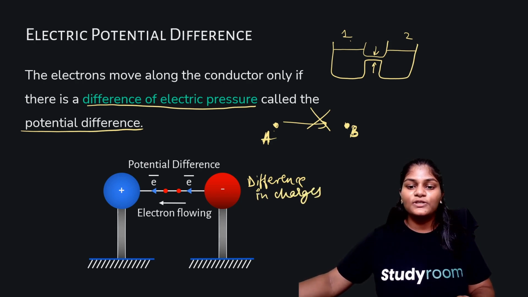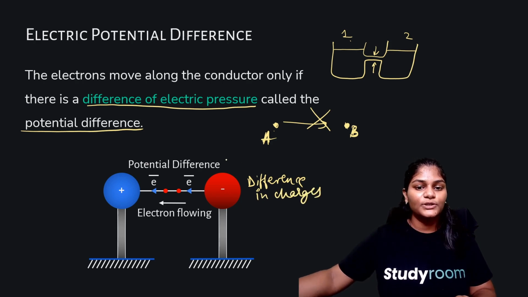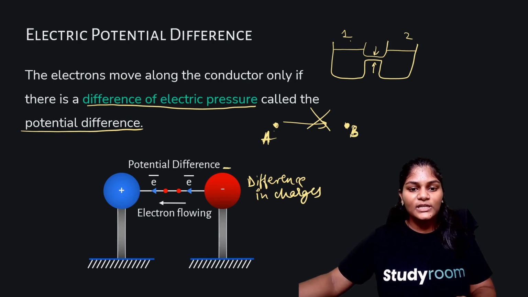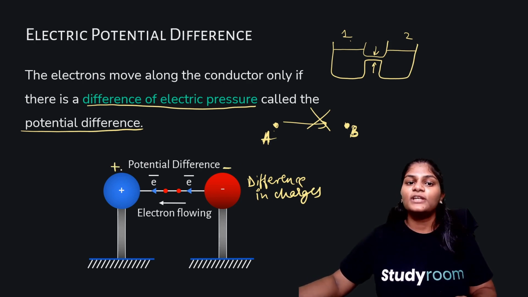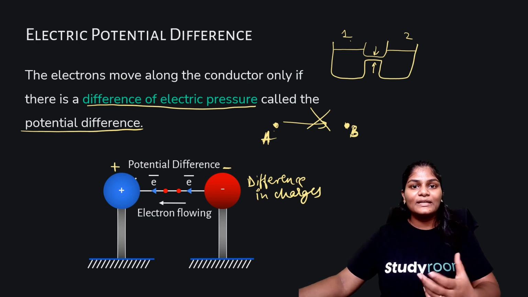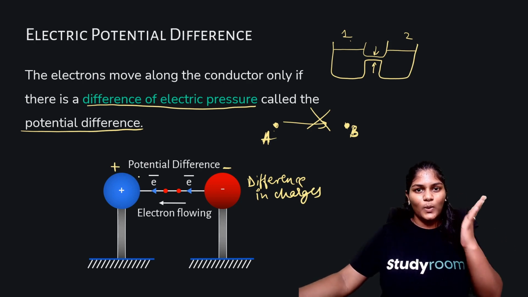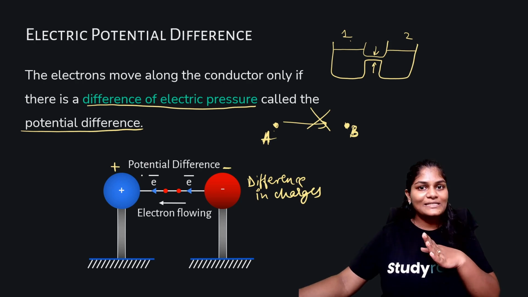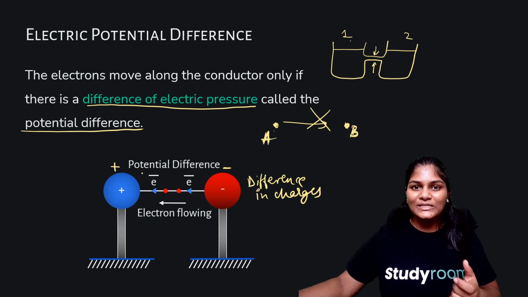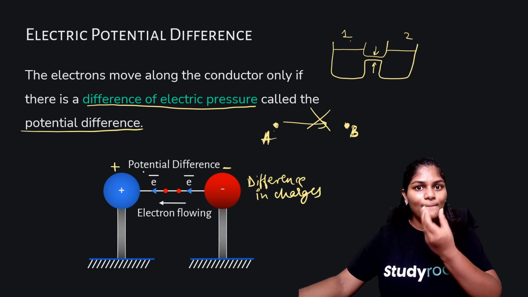Here the potential difference is because there is a different charge present on these two spheres. This sphere is negatively charged and this sphere is positively charged. So similarly, can you think of an example where we studied one terminal is positive, one terminal is negative? Do you remember what we studied about? It is a battery or a number of cells combined together, right?